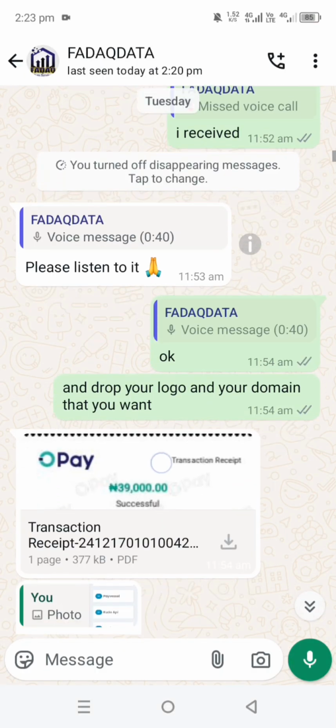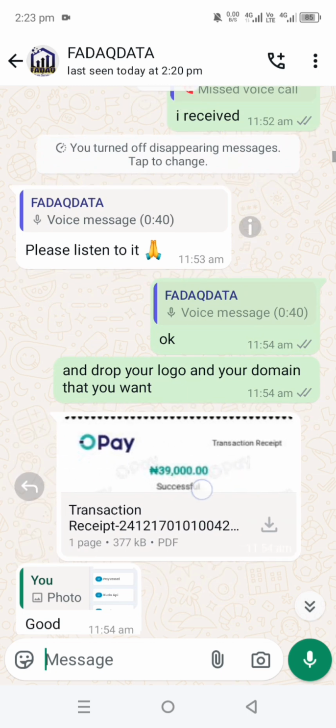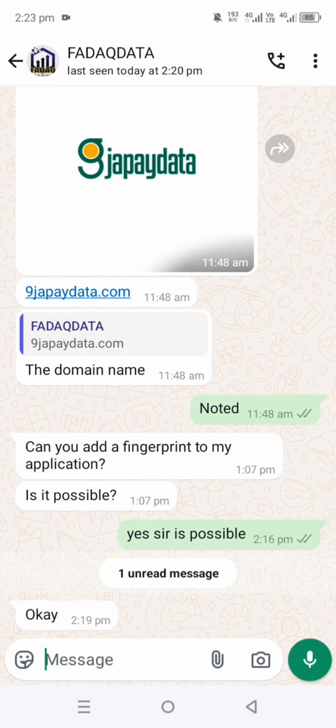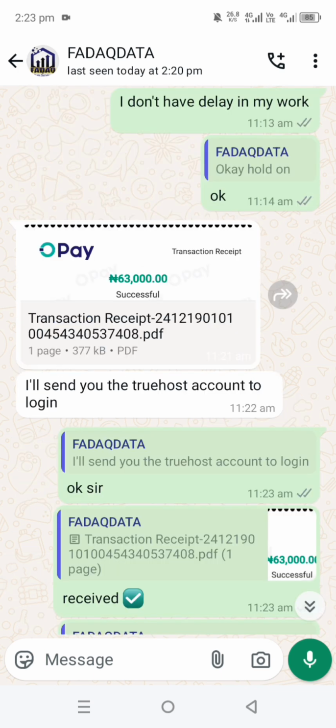I charged 39,000 for the complete service, you can see. So after I have done with this website, I will show you he has sent me a new service. He has sent me a new service to do. You can see now he sent me this Niger Pay data, and he paid 63,000 naira for this because he